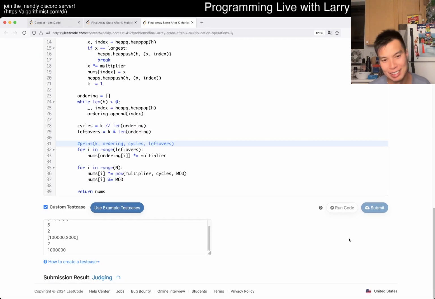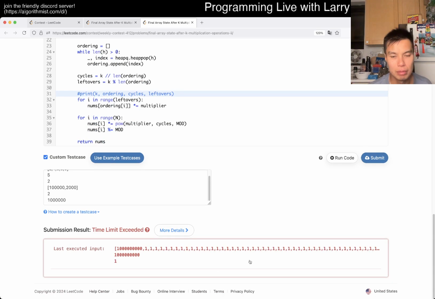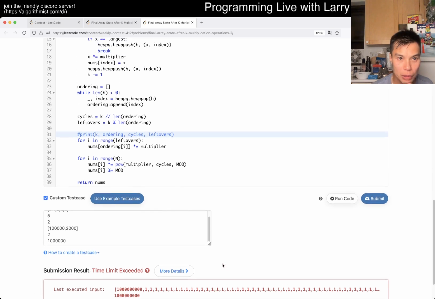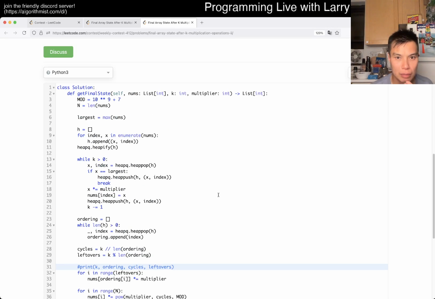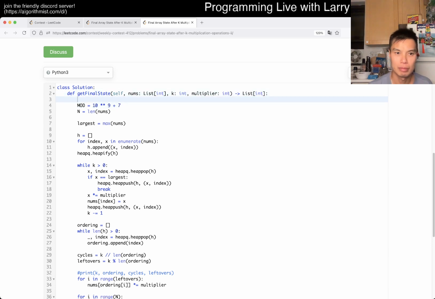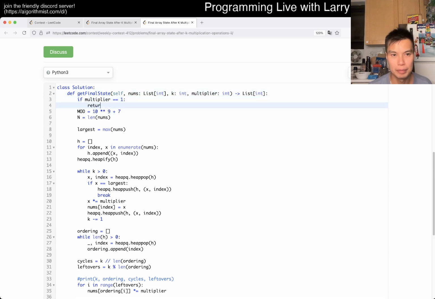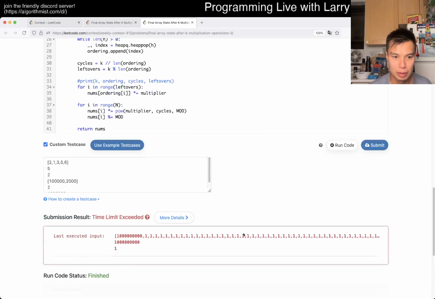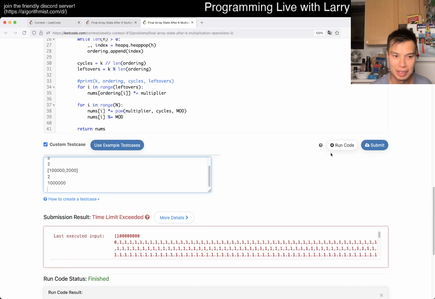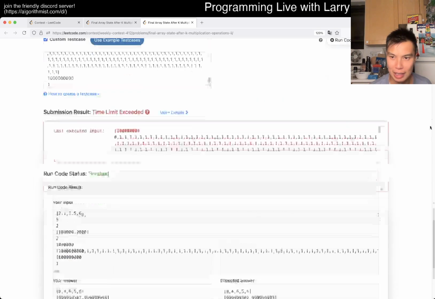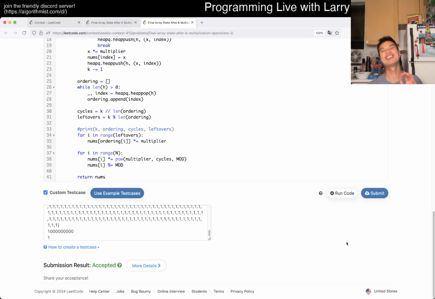I think I just missed it, but it may be wrong anyway. But you know, I wanted to give it a YOLO attempt. Maybe it times out. Why does it time out? Oh, because multiplier is equal to 1. Right. If that's the only case, then I am very sad. But oh. Alright,